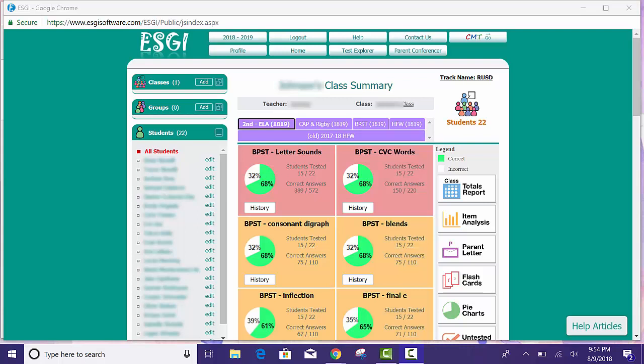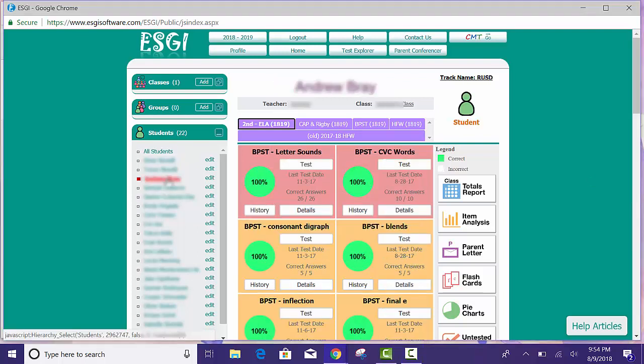If you would like to look at individual student performance, you would simply click on one of the student names on the left. Your student name will appear at the top, and now you are looking at the assessment information for just that one student. From this screen, you can see when each assessment was last administered and how well they did on each of